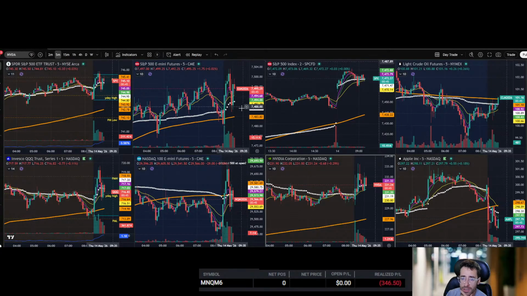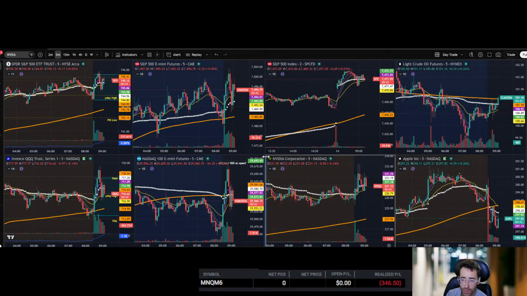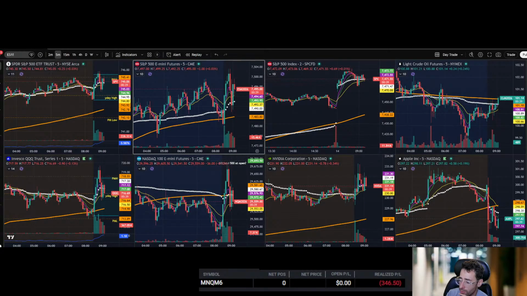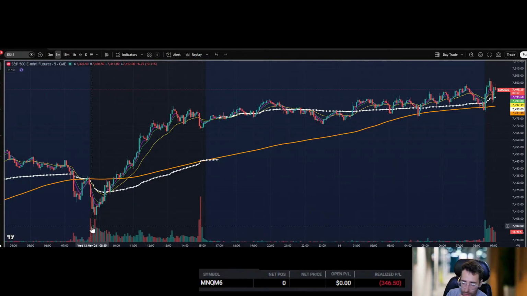Like yesterday, we took a 7,400 bounce, and that was beautiful, absolutely beautiful. Took it right here, right there. It bounced right off 7,400 too. Just absolutely beautiful. Could not get any smoother, could not get any better, really. Today I tried to take that 7,500, but I didn't wait for the break and reversal.